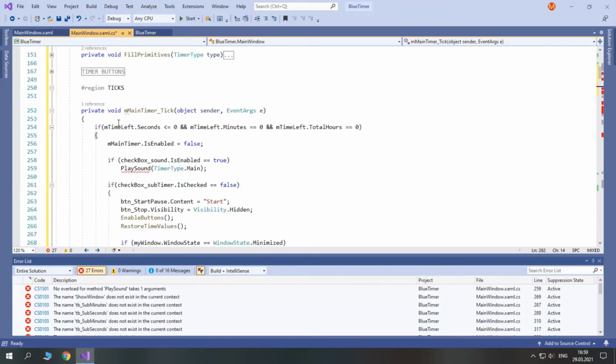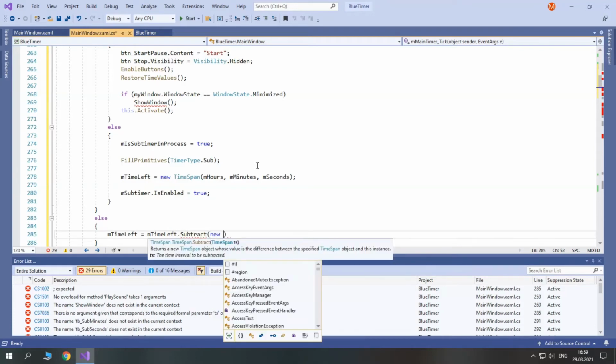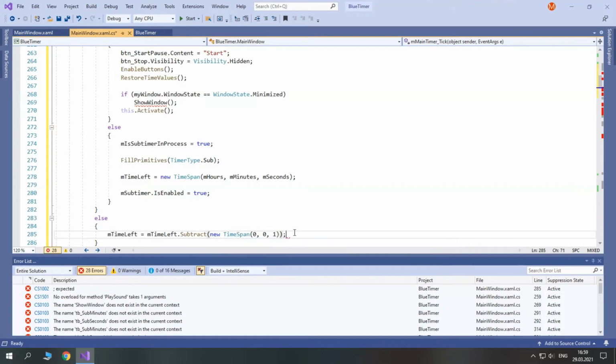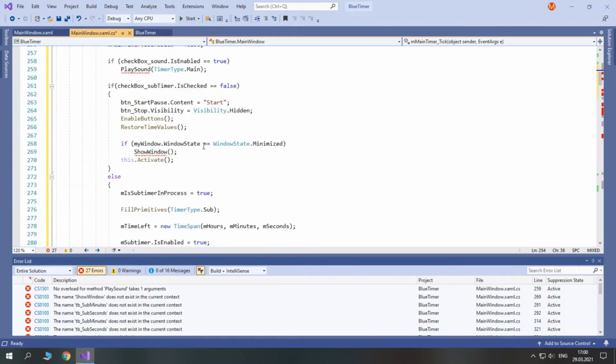Okay, so else, if that condition was not true, we set m time left equal to m time left dot subtract, the built-in method, new time span 0, 0, 1 and put a semicolon here. So if our seconds were less than 0 and everything else was 0, we disabled or enabled things.